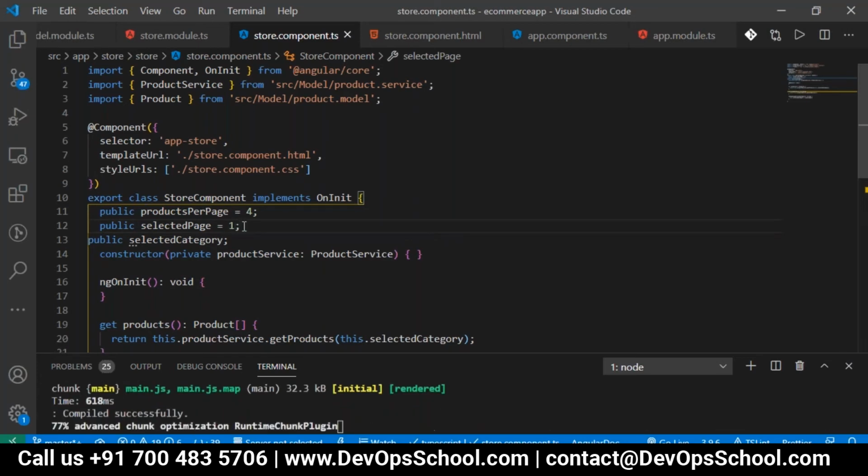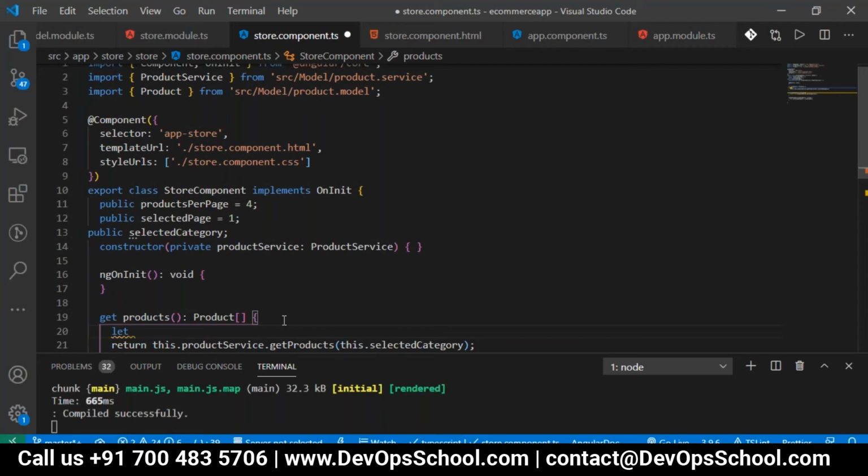Whenever we are getting all the products, like here, we are getting the products in this method. I want to mention how many pages should come, depending on the number of products you have. So let me create one variable called page index, which is the page you have selected.